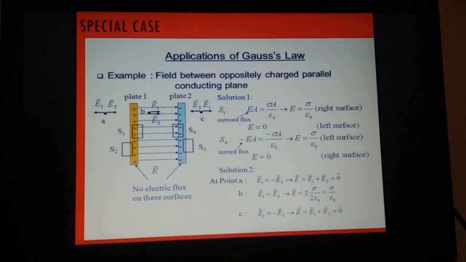You keep this description in your mind as a special case mentioned here, but it is an important result and this will be used further. In another situation, we will use the same. At that time, you can recollect it. Okay, so you keep in your mind, when two equal and oppositely charged conducting plates